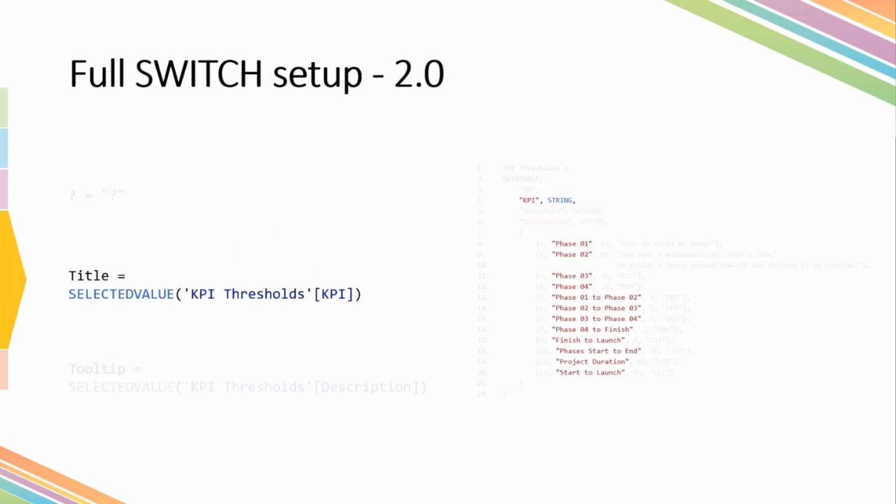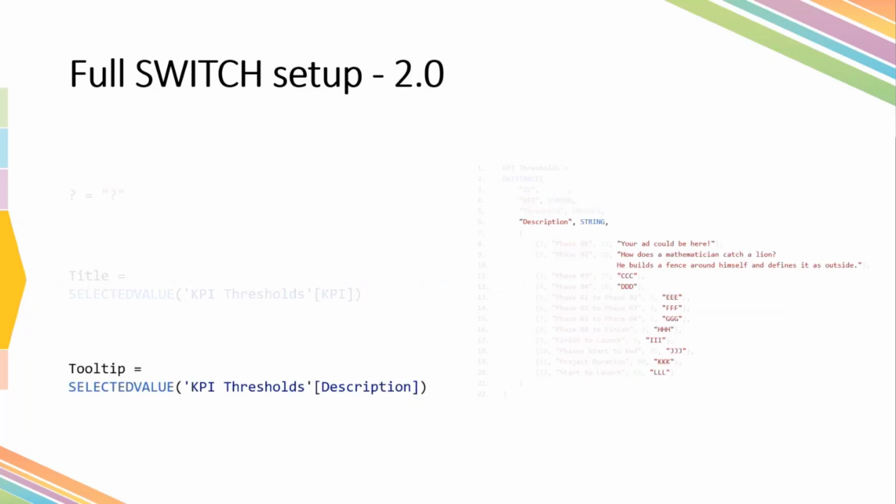The next function would be for the title, which uses selected value of the KPI name in this case, that you also find in the data table again. And the last measure I use is for the tooltip. So I actually select the value of the description that you also find in the data table. And with that, I have 5 measures. All of them pretty much use just the data table as a controlling point or refer to the data table itself. So that also means that whenever you want to make any changes, you just need to do it in the data table.